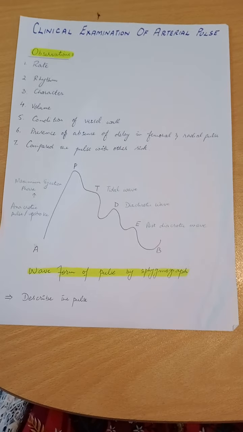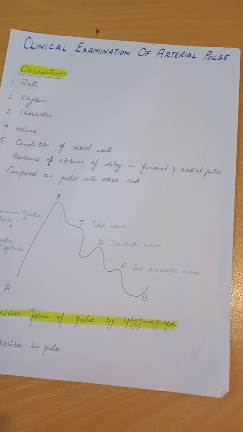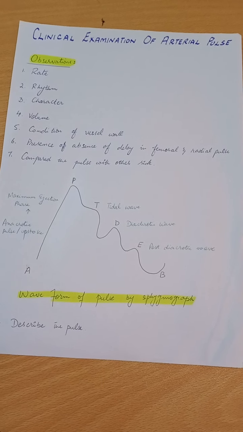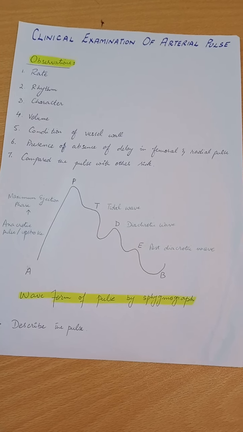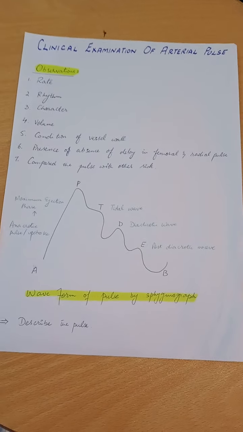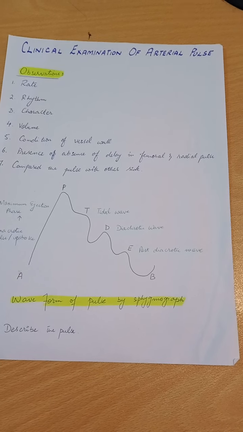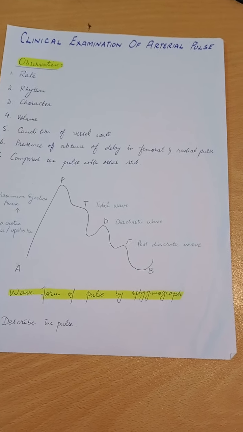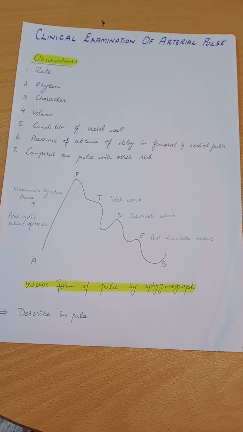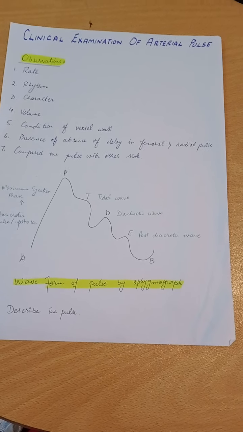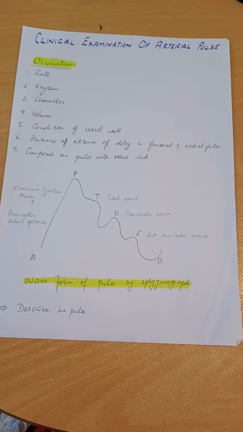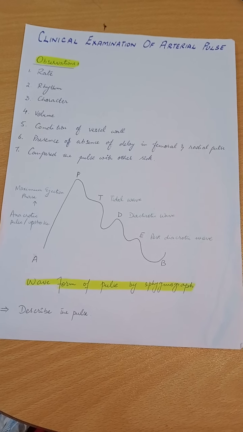You have already read about the pulse, that it is the pressure wave which travels in the arteries ahead of the blood flow. And this pressure wave travels 10 times faster than the blood flow in the arteries. So what we are going to do today is study this arterial pulse in the radial artery. This radial pulse examination is preferred compared to other arterial pulses because it can be easily felt. It is best felt with the tips of 3 fingers, slightly compressing the vessel against the underlying bone.